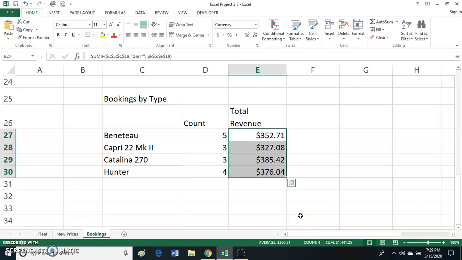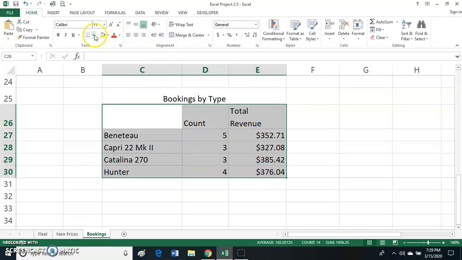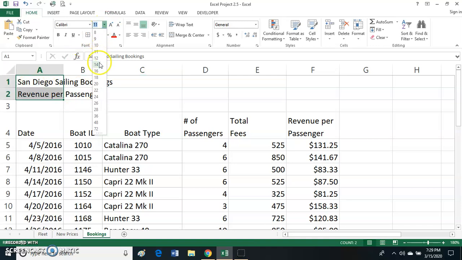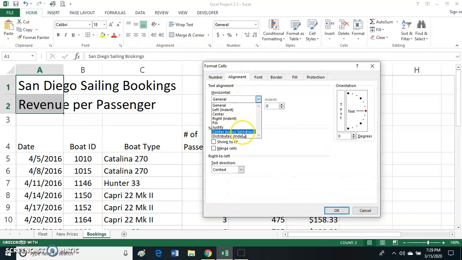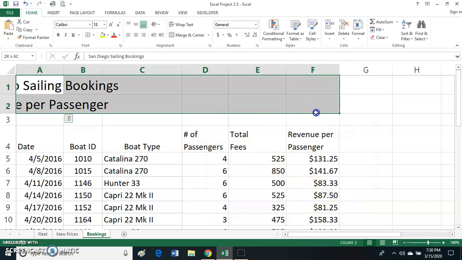Now number 12 is all formatting. I only have 36 seconds left of video time, but it's going to tell you things like to merge and center this stuff. This stuff is going to be a matter of all borders. And then you're going to do the same thing up here. You're going to change the font style. And then you're going to do something like this where you have to center this across the selection. So I think you'll be okay with all the formatting in number 12. I'm sorry, it was supposed to be center